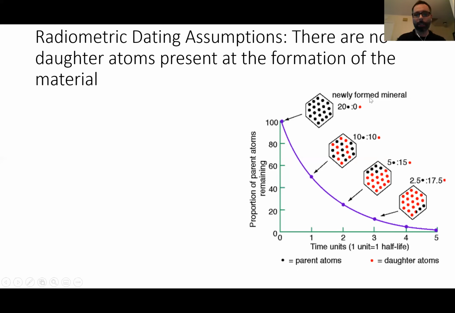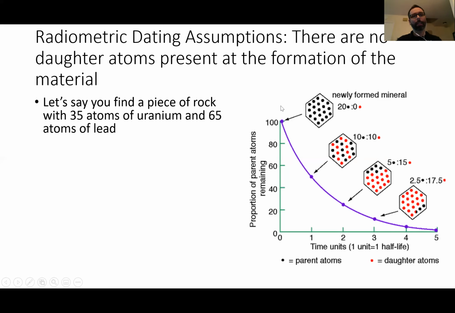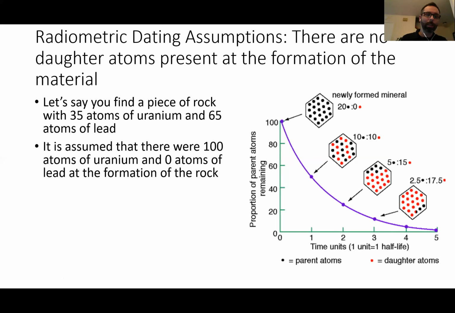What if there were already daughter atoms present in the material? So what does this mean? Let's say that you find a rock that has 35 atoms of uranium and 65 atoms of lead, right? The uranium has been turning into the lead this whole time. We are assuming that meant there were 100 pieces of uranium at the beginning, right? 35 plus 65 makes 100, right? So we would think that 35% of the